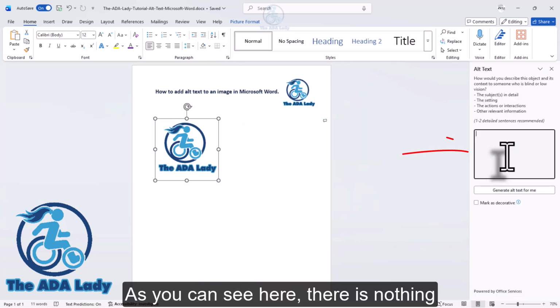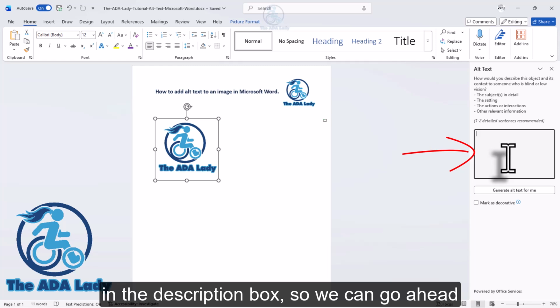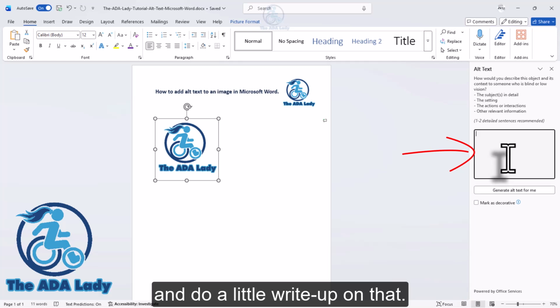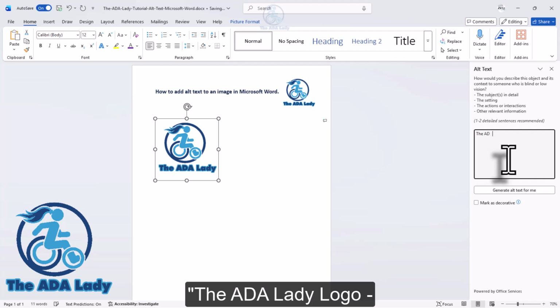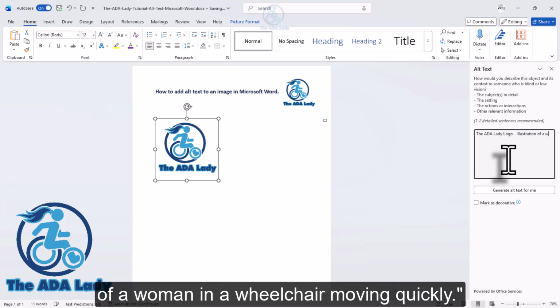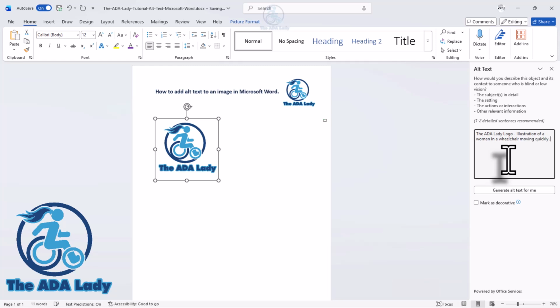As you can see here, there is nothing in the description box, so we can go ahead and do a little write-up on that. The ADA Lady logo,